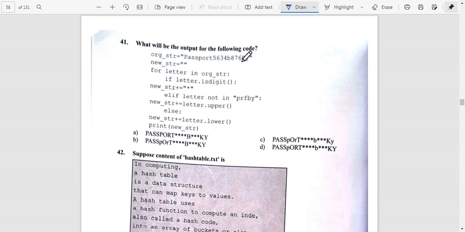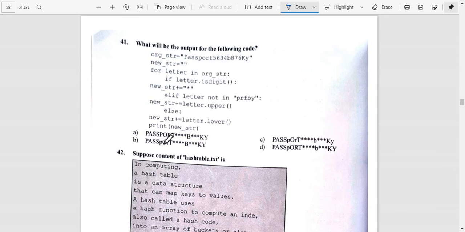Now question number 41. What will be the output of the following code? Create a string, passport, alphabet and anything. New string empty, for letter in original string, if letter is digit, then new string plus star. If letter is not this one, new string letter is upper, else new string letter dot lower, print new string.